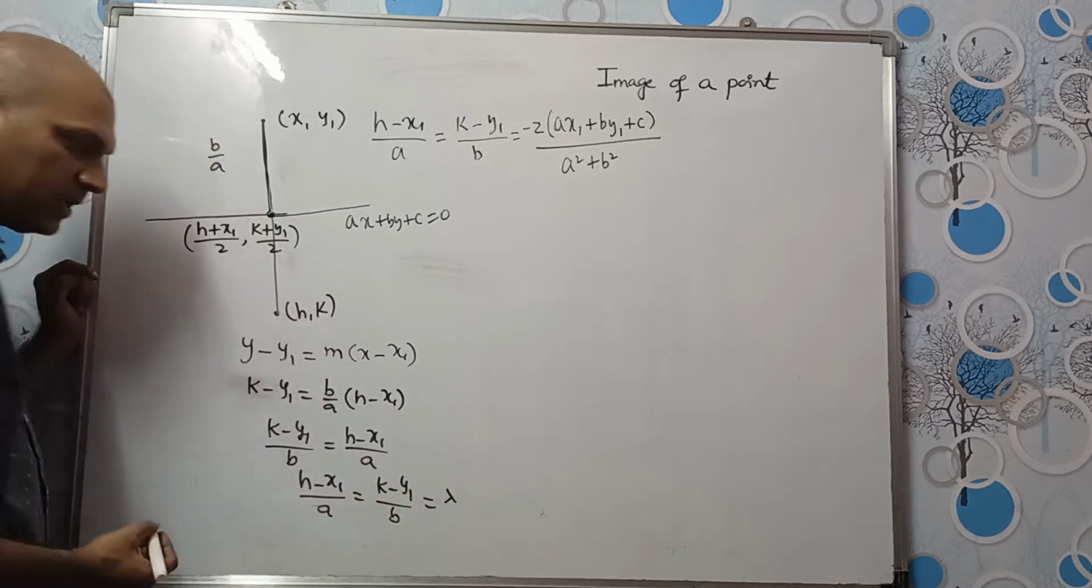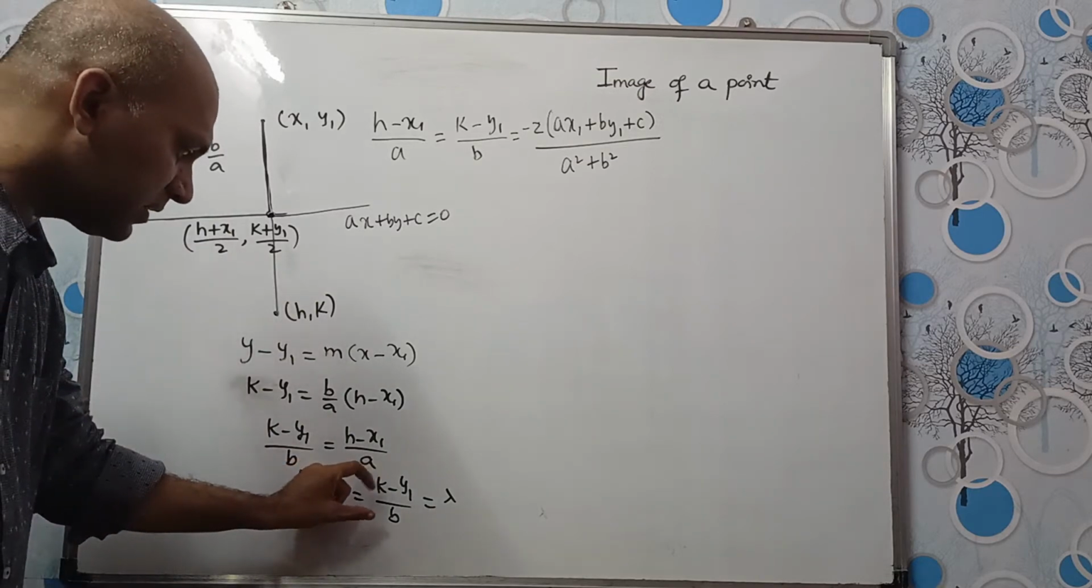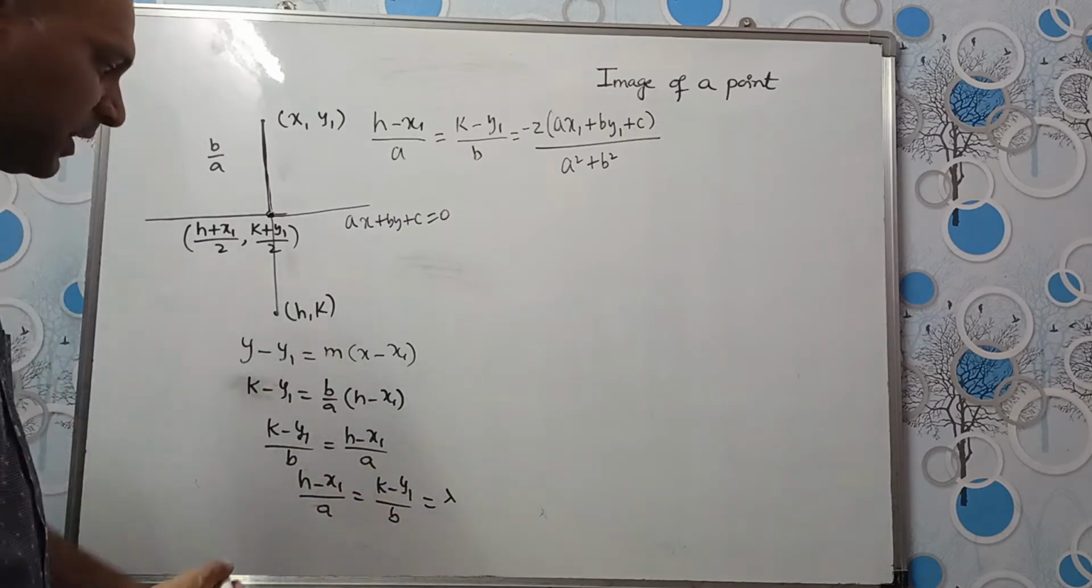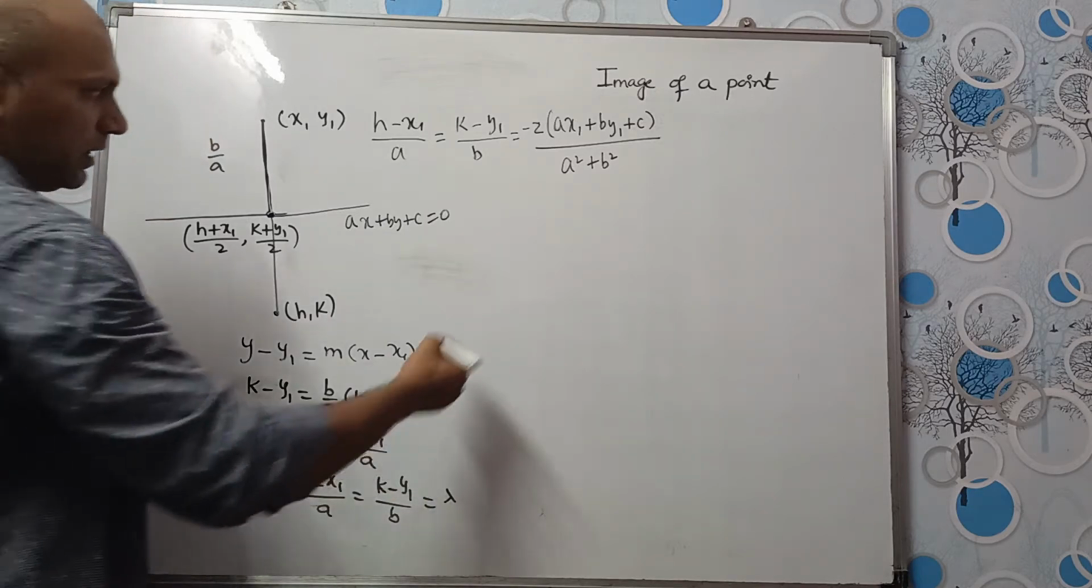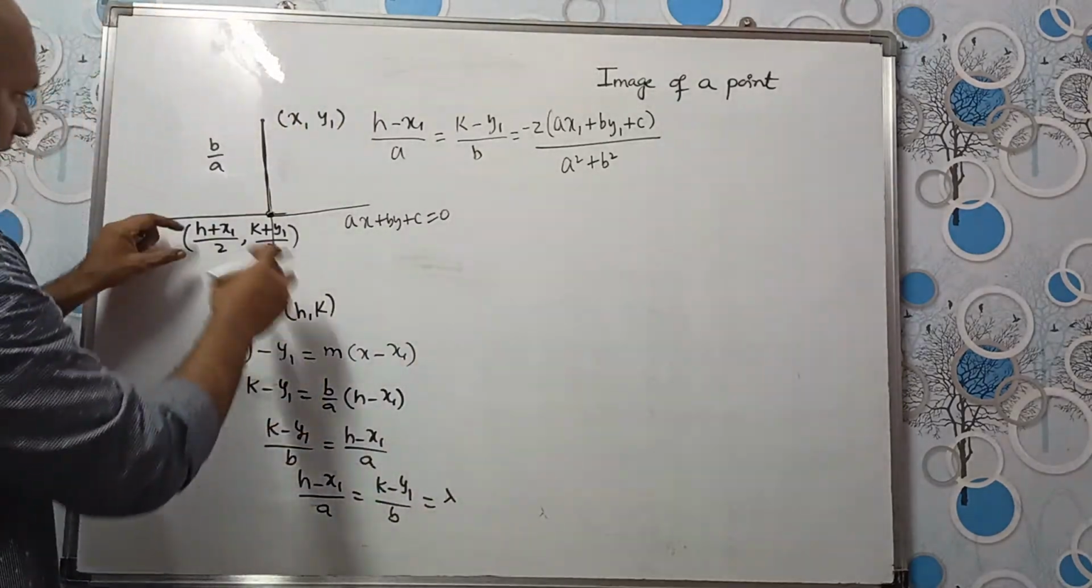Let this be some lambda. This is the ratio, right? This ratio and this ratio are equal, and let that be lambda. We need to find the value of lambda and substitute it here. Okay, alright. Now see, this point,